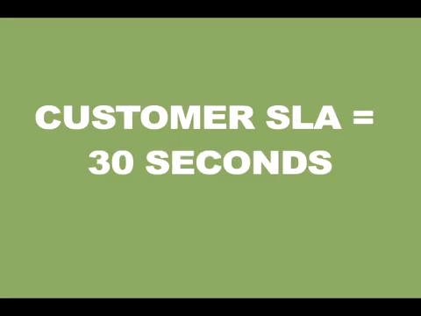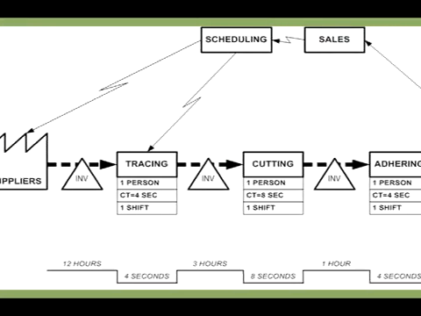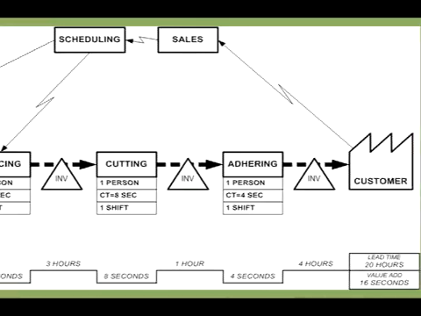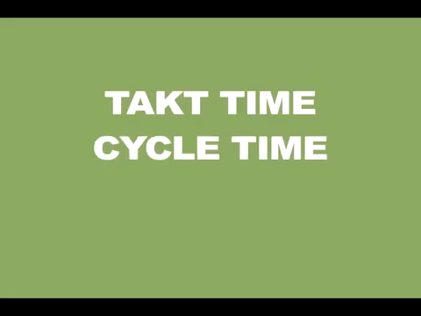Because our customer needs these orders within 30 seconds, a 21-second lead time will be sufficient. If our lead time was greater than 30 seconds, we could value stream map the process to look for ways to eliminate inventory. We have looked at two different scenarios: calculated takt time with different volumes, measured cycle time to